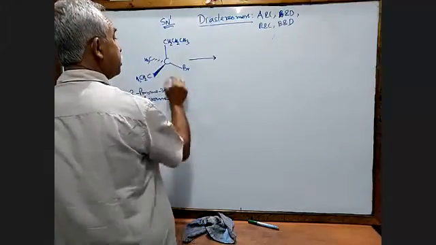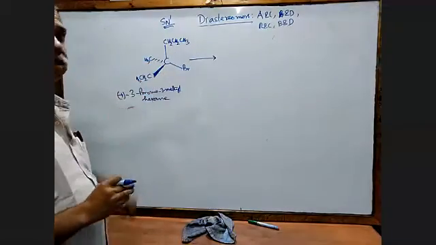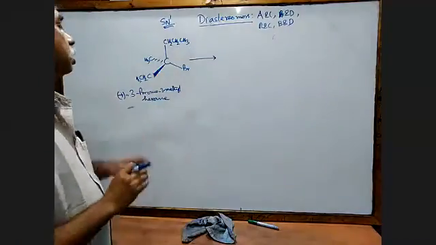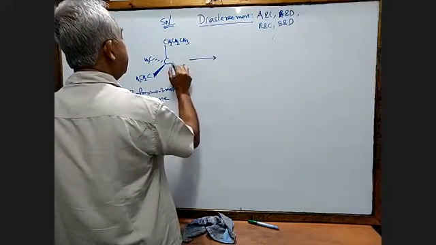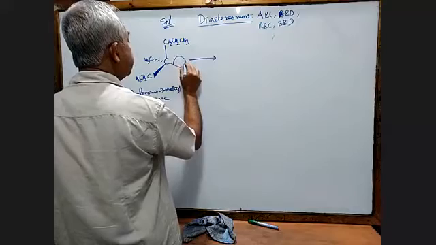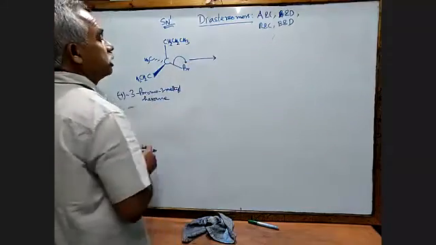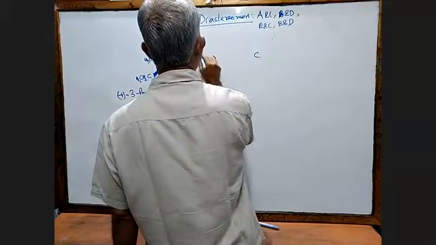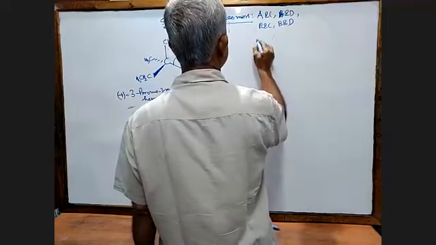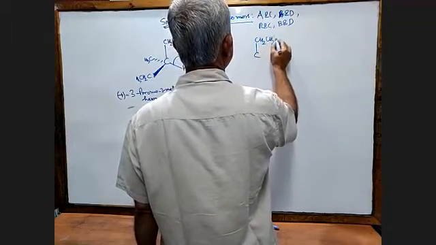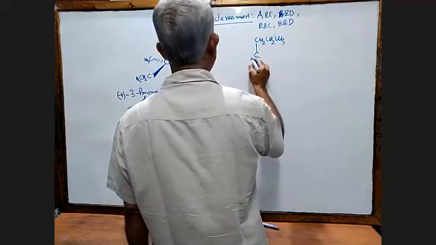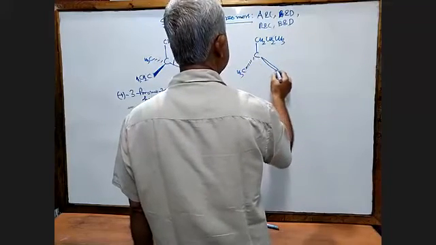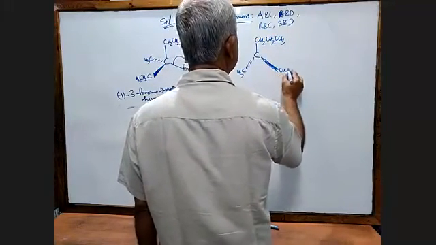We know in an SN1 reaction, the nucleophile cannot directly attack this carbon because it is sterically crowded, obstructed from all sides. So the carbon-bromine bond will undergo heterolytic cleavage, meaning both the electrons will go to bromine, the more electronegative. So now what we get in step 1 is CH2, CH2, CH3, and this is CH3.